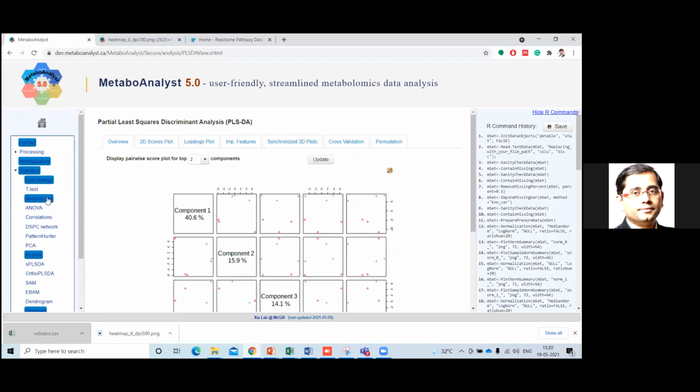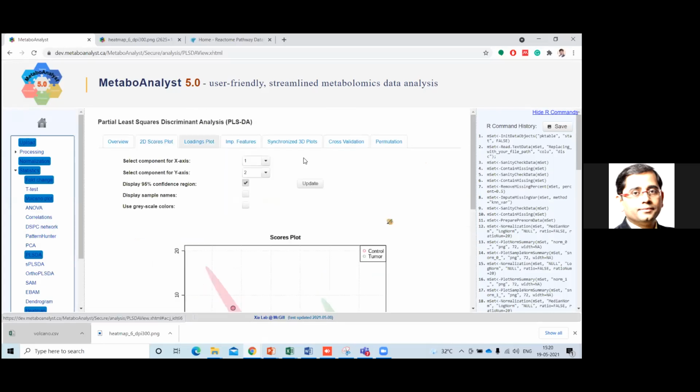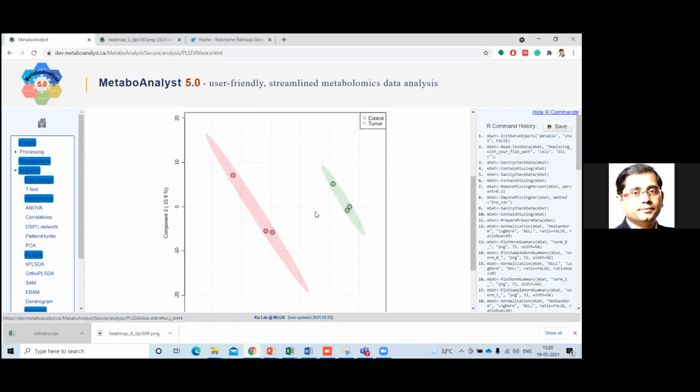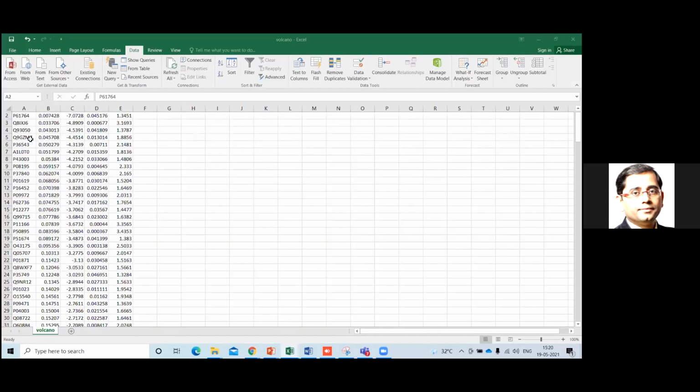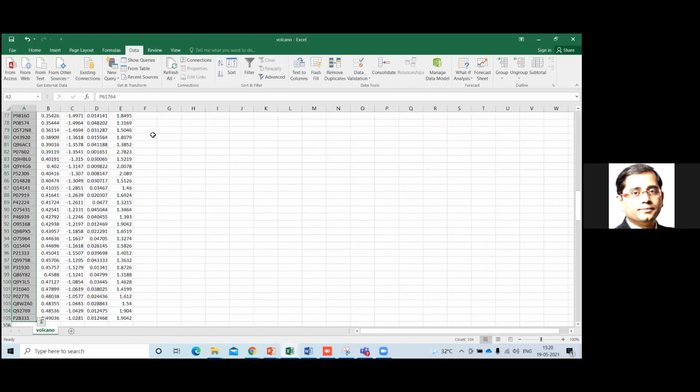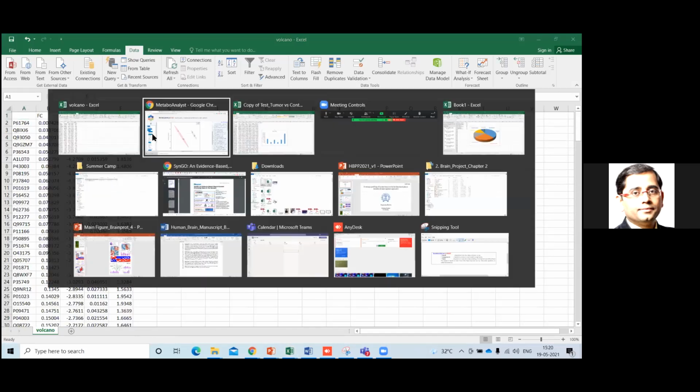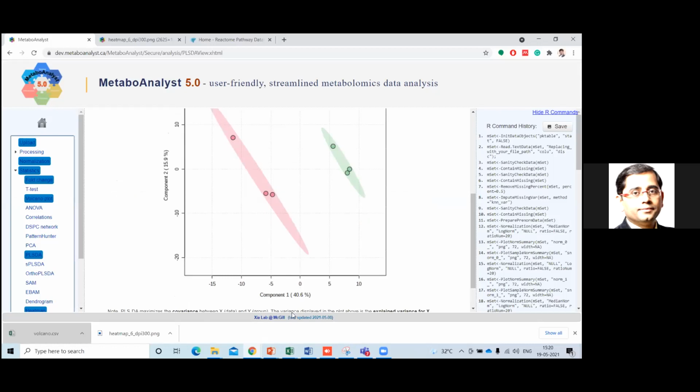So if you go over here and click PCA or any PLSDA, click on the loading plot and the 2D score plot, you can see that out of this 40.6% and 15.9%, which is total 55% of the proteins are actually having variation. That means the 195 proteins you got after statistical analysis all belong to these 55% proteins only, because those are the most variant proteins, right, which are varying the maximum. So this is another one, which is known as PLSDA.